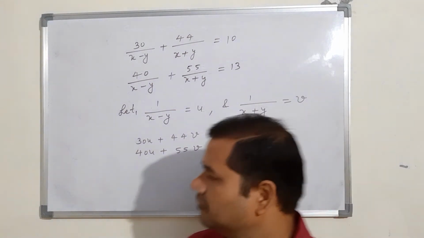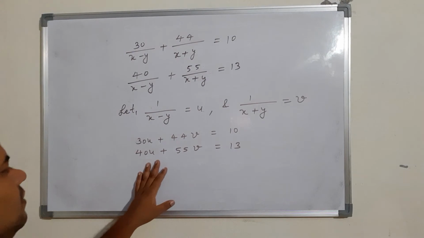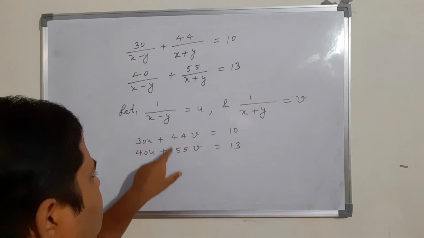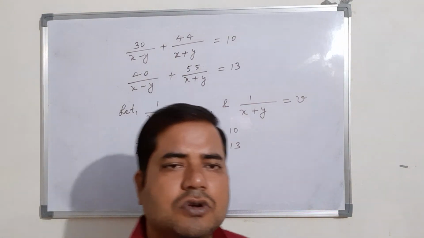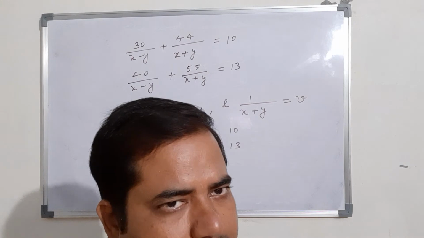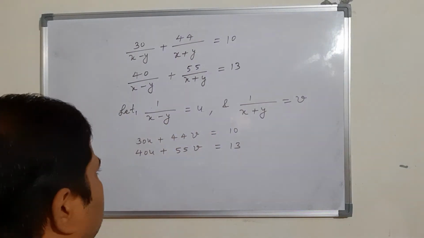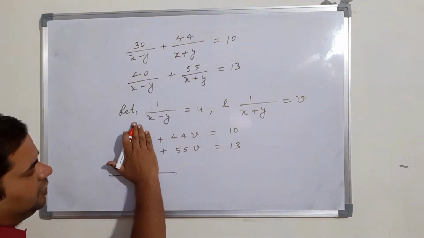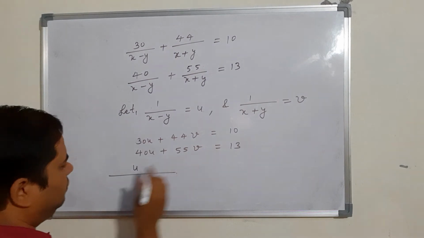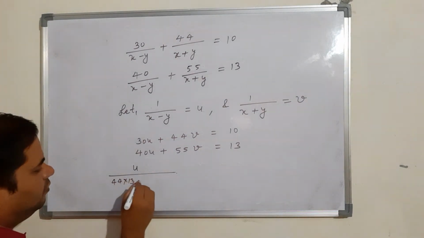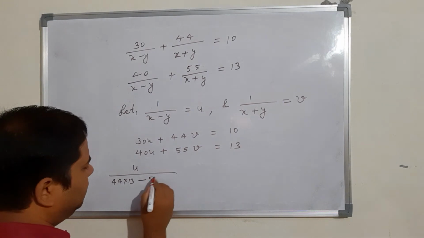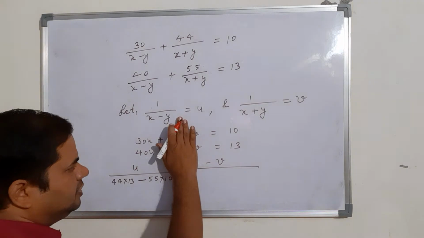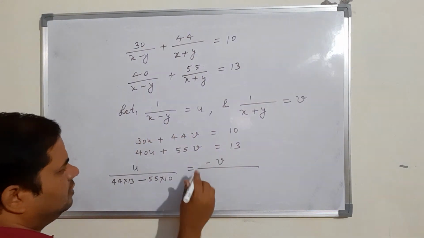So by the elimination method we have to solve it, but there is a problem in the elimination method because the coefficients are very large. So we will use the cross multiplication method here and we will get the solution. So u upon, deleting this particular term, we will get 44 into 13 minus 55 into 10 is equal to minus v upon, deleting this term and multiplying in the same direction, 30